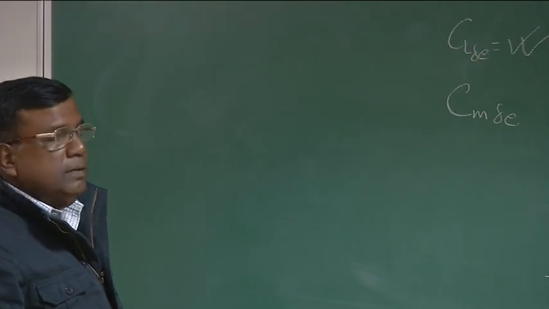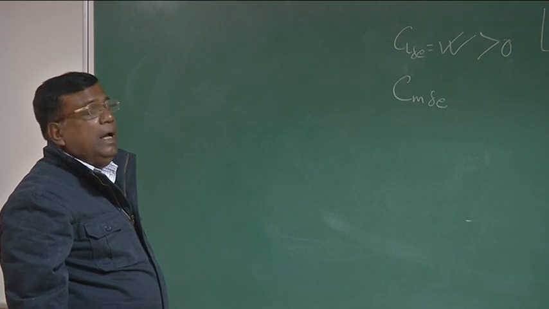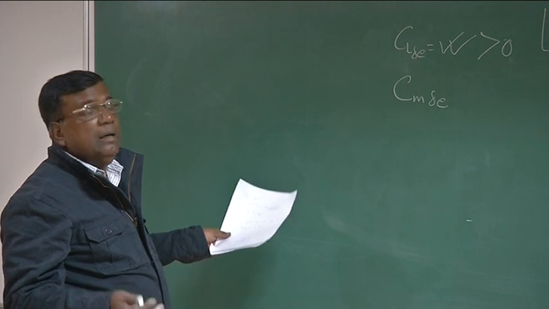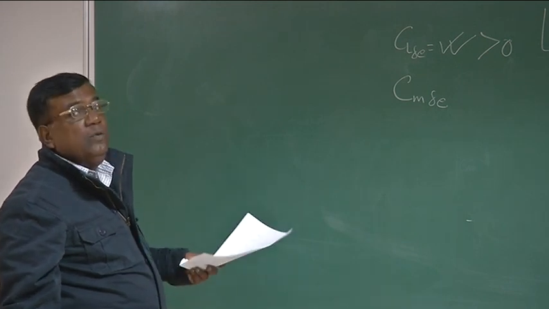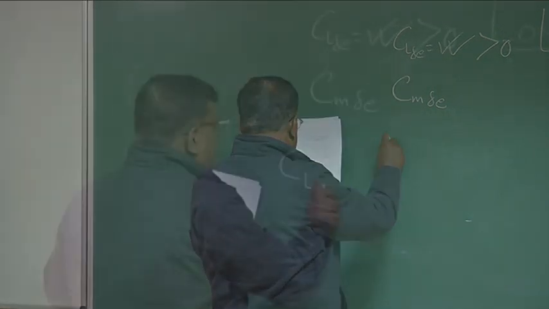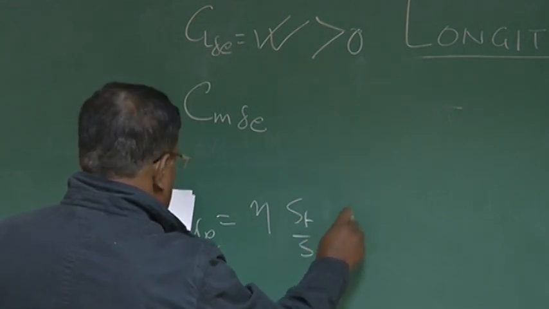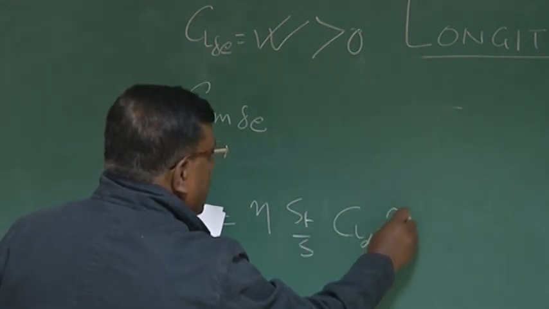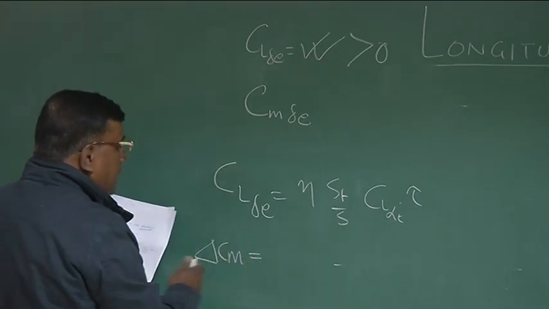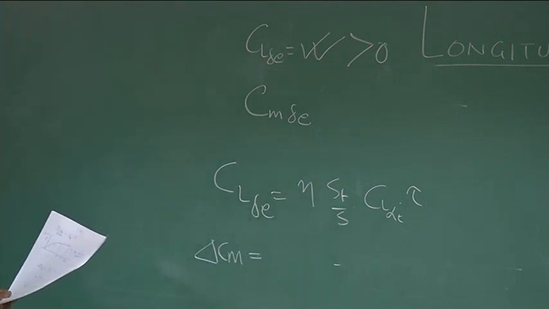Who will cause Cm? It comes through elevator deflection. Elevator deflection gives CL, and CL is the force, and the moment about the CG will give Cm. So that is equivalent to saying Cm per unit delta E. So I want to now formulate for delta Cm. I know CL delta is eta ST by S CL alpha tail into tau. So delta Cm, because of this CL delta E, which is coming because of elevator deflection, that will be